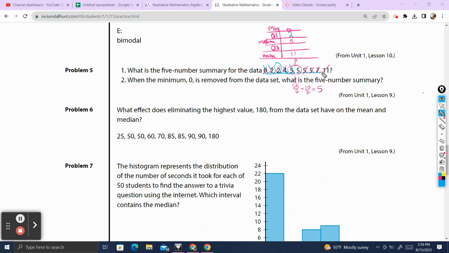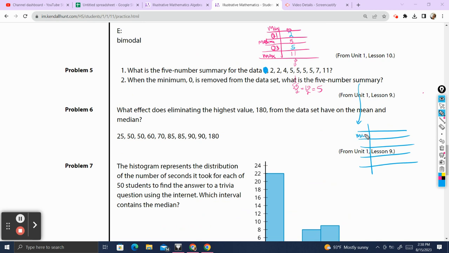And do the same thing with the top 5 values to find the middle number, and we have a 5. When the minimum of 0 is removed from the data set, what is the 5-number summary? So take a second and pause here if you need to go over how I did the 5-number summary for the top question. If you are good to go, we're going to go ahead and find the 5-number summary for